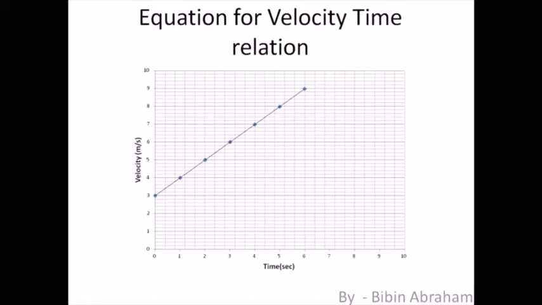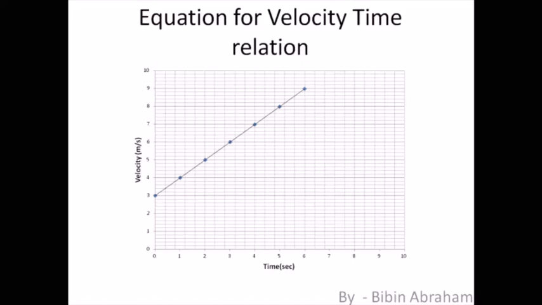So from here, like I said, Ramu has been traveling. Now how is he traveling? Let's look at this graph. At 0 time, the velocity of Ramu is 3 meter per second. Yes or no? As time goes by, the velocity is increasing. At 1 second it is 4, at 2 it is 5, at 3 it is 6, at 4 seconds it is 7 meter per second, at 5 it is 8 meter per second, and at 6 it is 9 meter per second. So gradually you can see there is a uniform acceleration there, yes or no?